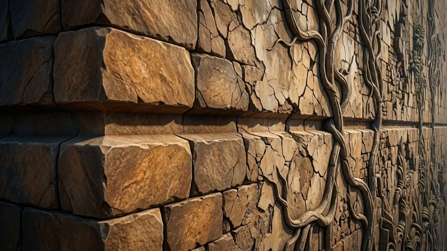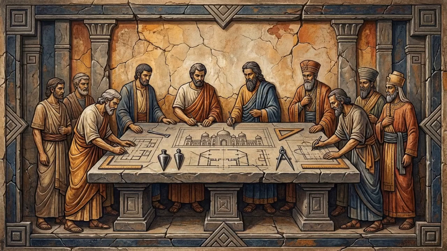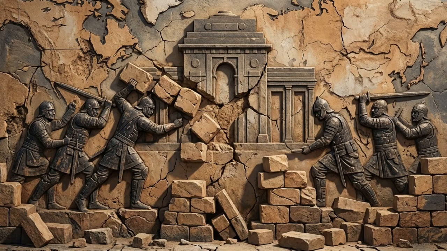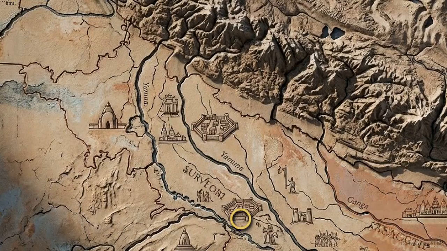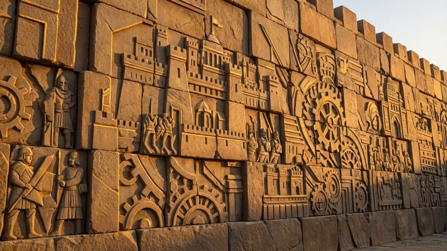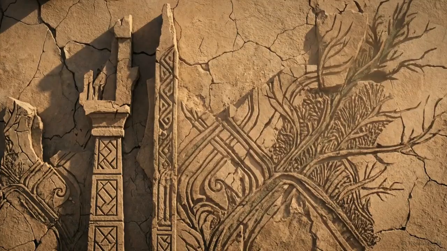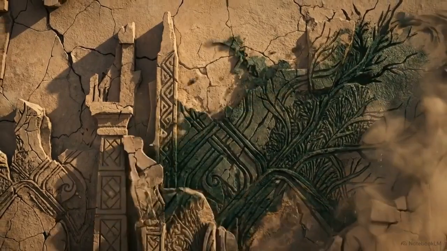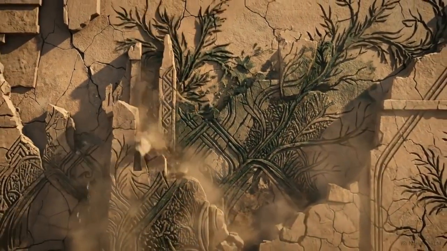Look at the two endpoints of this timeline. In 600 BCE, 16 competing states were actively inventing the tools of centralization. By the 9th century CE, three massive, exhausted empires were tearing those tools apart. Over those 1,500 years, the core of Indian political power packed up and migrated from the eastern Gangetic Plain directly into the western Doab region. The early states of the Mahajanapada era built the structural engine of the Indian Empire. The feudal states of the Post-Gupta Era dismantled it, permanently setting the stage for a deeply regionalized medieval landscape.